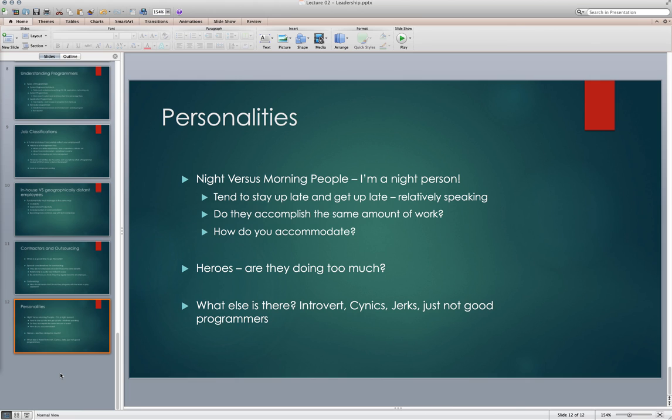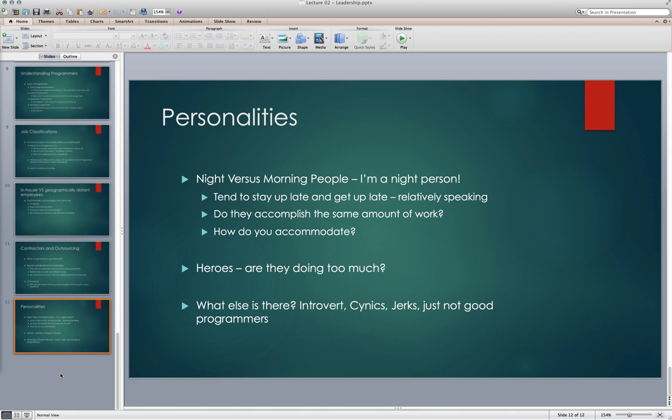Heroes, I did want to touch on this just because I've worked with these kinds of people, and they're great. They're great until they crash, right? The person that comes in and does everything, and they do it all the time, and they do it really well. They basically carry an entire team or entire project on their shoulders. And that's awesome. Those people are great to have around, except that they tend to not share. They take it upon themselves to do all the work, and that leaves a big gap in the team when they're gone on vacation, when they decide to quit, when they get an offer somewhere to get paid more money, when they just burn out and no longer want to do it anymore. So making sure that workload is balanced, fair and equitable is very important.